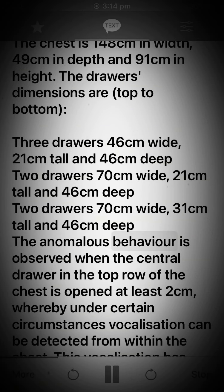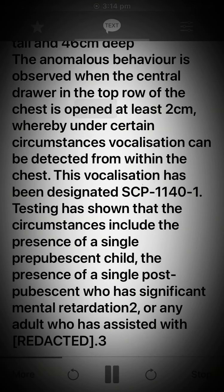The anomalous behavior is observed when the central drawer in the top row of the chest is opened at least 2 centimeters, whereby under certain circumstances vocalization can be detected from within the chest. This vocalization has been designated